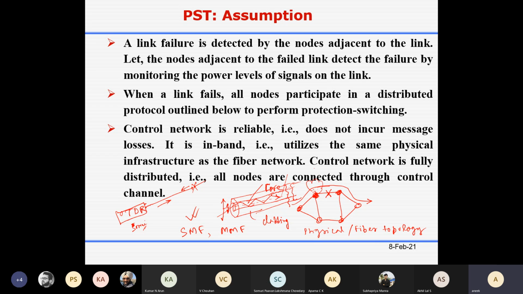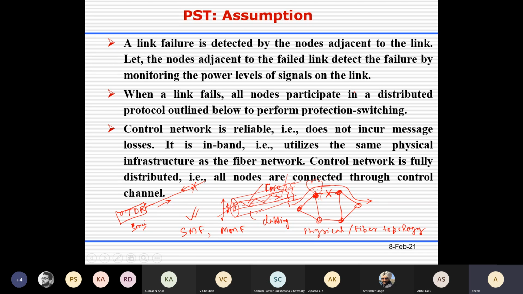So basically it's a point-to-point connection. If there is a fiber cut, then in the reverse direction the control channel will not get any signal, so it will detect it. And if the control channel is not there, then an OTDR, this type of device, can be used. You can use it as some part of it. When the reverse signal is coming, you can tap it and connect to an OTDR and see the signal power, whether there is a fiber cut in some place.